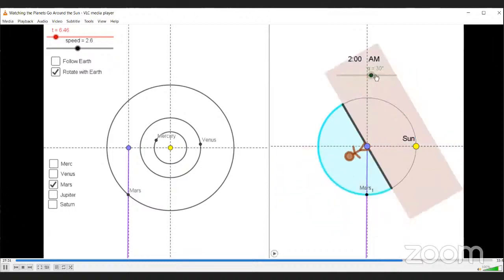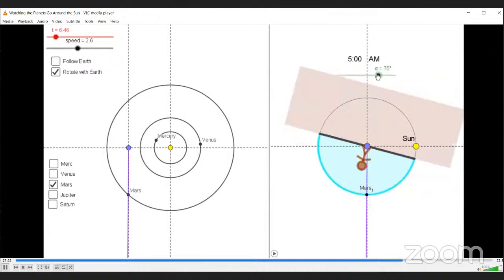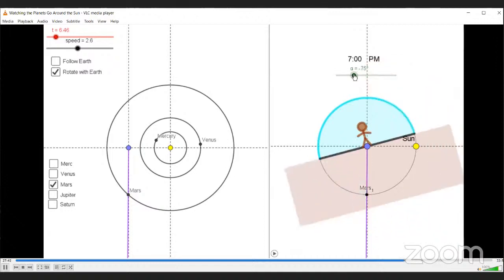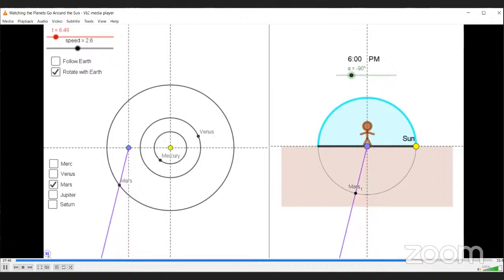In this case, it's going to be visible in the morning sky. At midnight, it's just rising. It's just starting to enter the midnight sky. Let's go back to evening for now, just to have a reference point. And so if I let this run a little bit more,